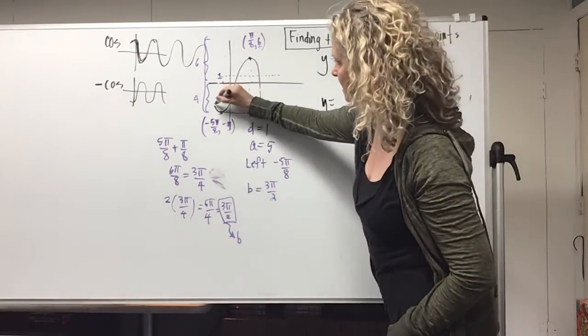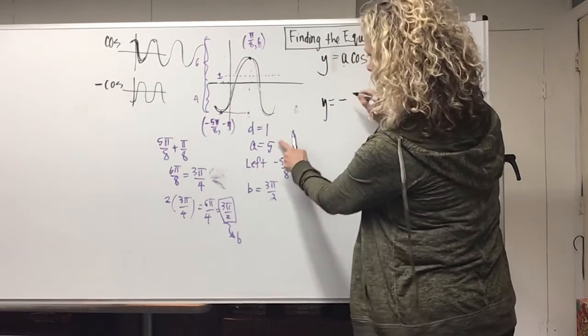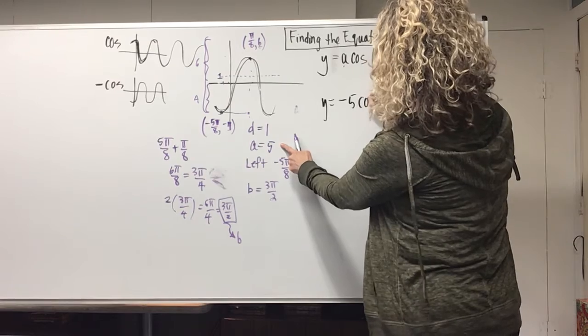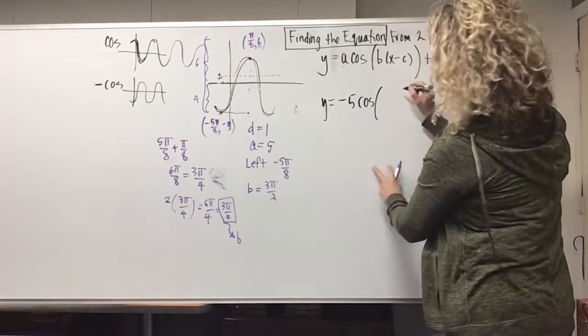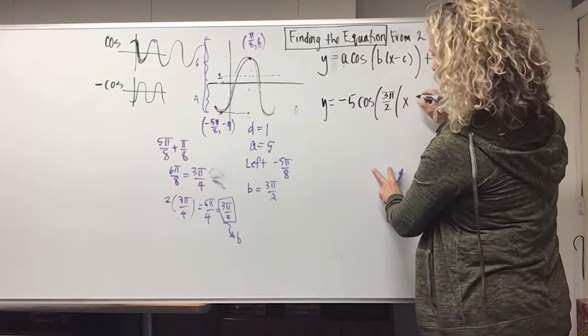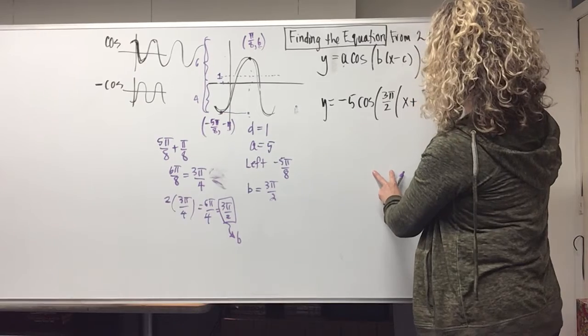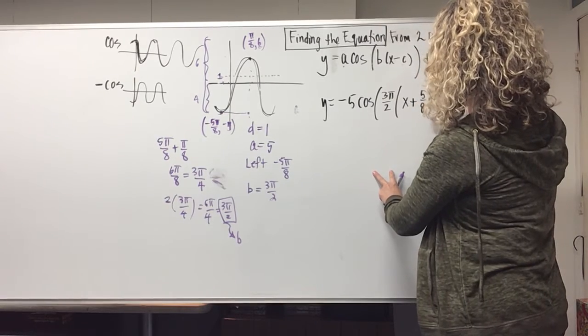Remember, it is negative because it's starting at its lowest point for cosine. And we're going to get -5 cosine x. Now notice x minus -5/8 makes it x plus 5/8